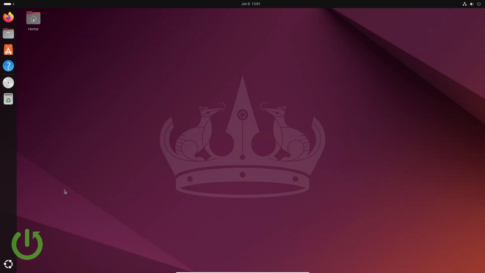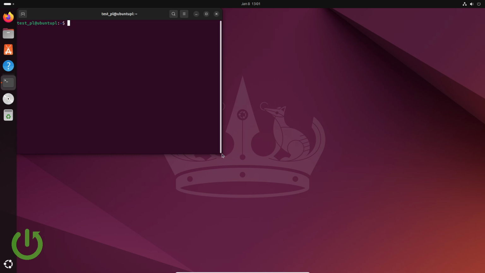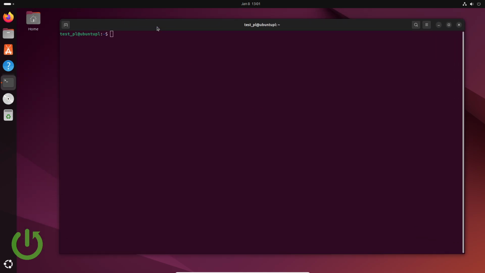I will close my browser for now, and we have to go into the terminal and install it. How can we install it? First of all, maybe we will move to the Downloads section, it will be easier. And right now we have here our Slack deb file, and we have to type in sudo